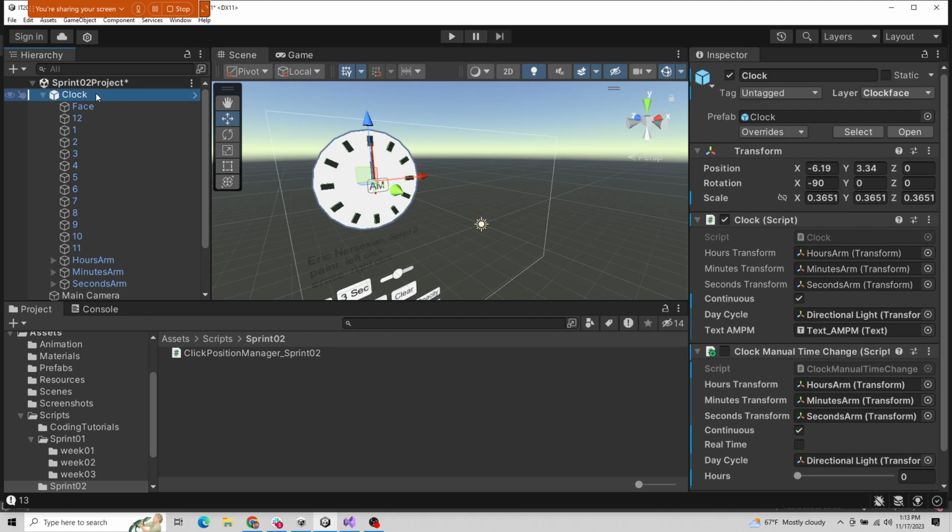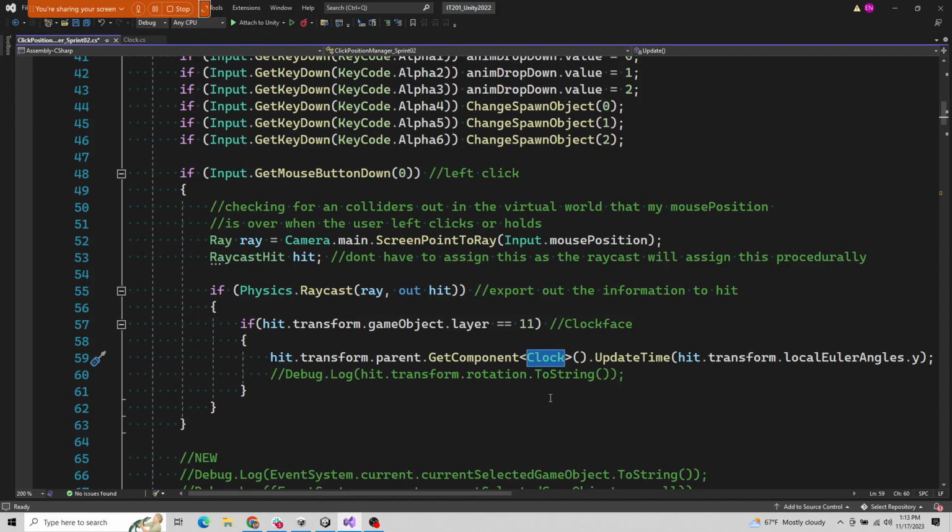And I know that because I built this game object that has other game objects nested underneath it. So I know how to jump up a level. And I know there will be this clock script object sitting on top here. This one is turned on. So that's where I could say, okay, go up from what we hit, grab its transform, grab its reference to its parent, which is up at the, now we know that we're at the